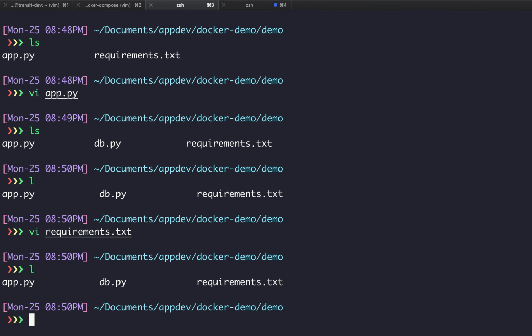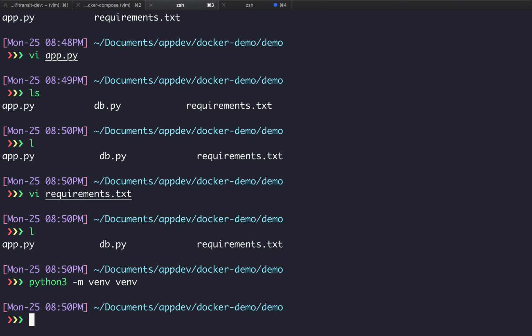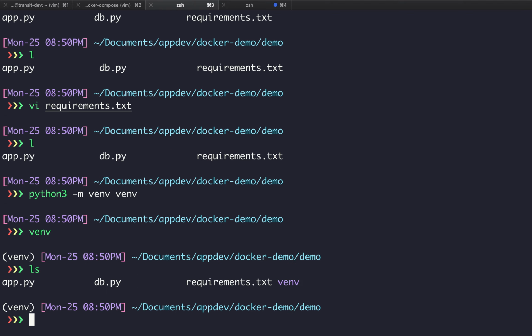Okay, so now I'm going to remake my virtual environment. So I've entered it. I'm going to install those requirements.